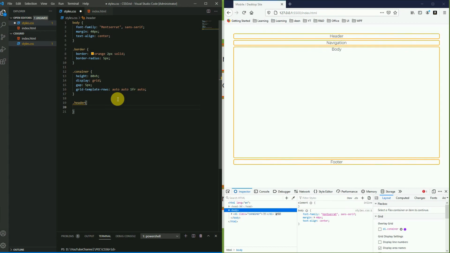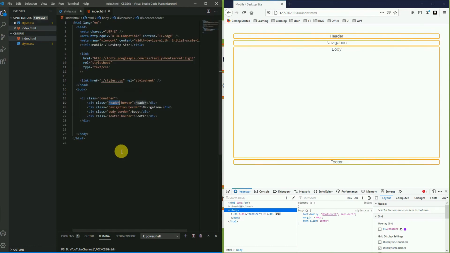Suppose we want to display some other structure or layout, we have to specify these grid item properties as well, because currently we are not able to see any differences, because the DOM structure is aligned to the UI structure. But sometimes we may have to show the navigation differently, which will not be based on the DOM tree. So in that case we have to specify.